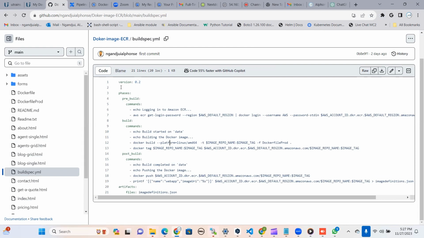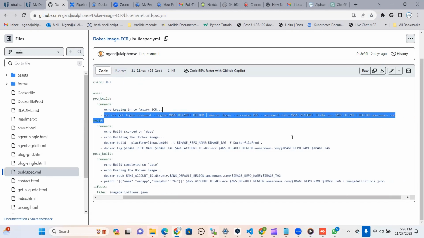So we basically instruct here that they need to run these commands. These are different commands we ask the build to execute. You can put anything here, but the thing I put here is echo. You see here echo login, so it's just the output message we're going to see, and then this is a login,